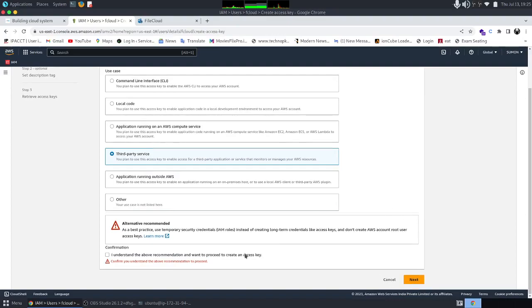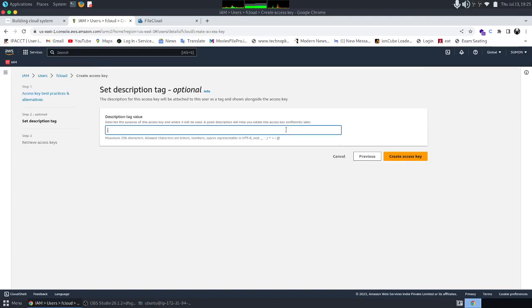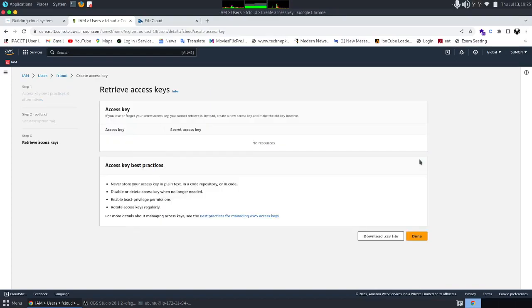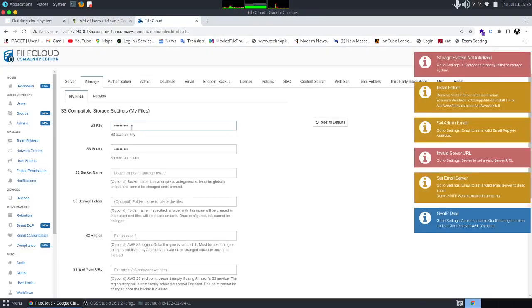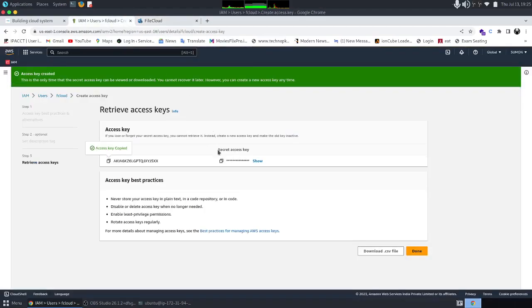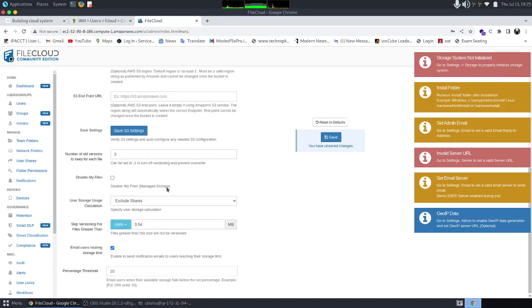So yes, I understand. I need to click the checkbox. I am giving any name, and I'm going to create an access key. I will simply copy this access key and paste it in the S3 key, and I'm going to copy this secret key and simply paste it in the S3 secret key. And once I save it,